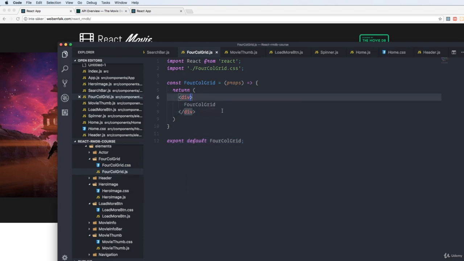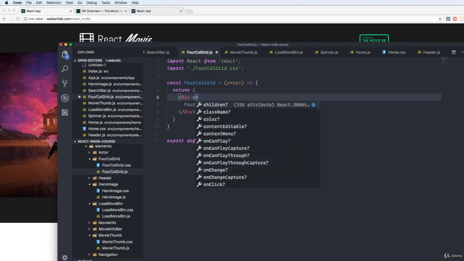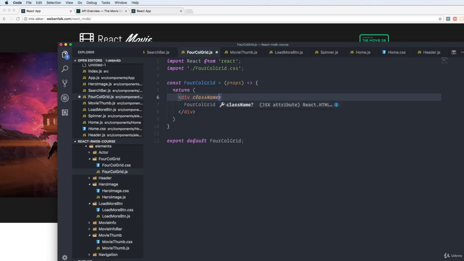And we start, as usual, by giving the wrapper-div a class name. And we'll name it IMDB grid, like this. We also want to show a header before the grid, and this header will be based on if we're doing a search or showing the most popular movies. So we check this by going to props.header,